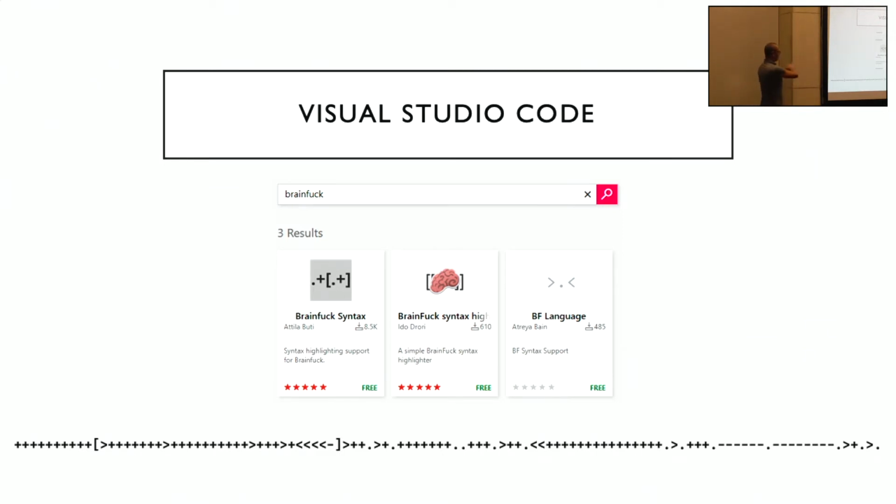There are hundreds of languages such as Brainfuck, all using a very limited set of symbols, and all of them are supported in VS Code. So you can have some auto-completion and so on.